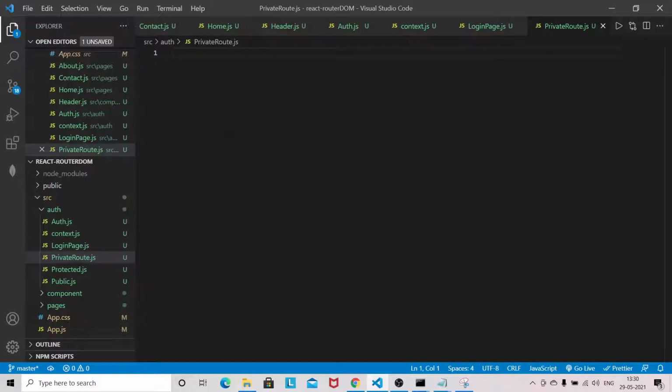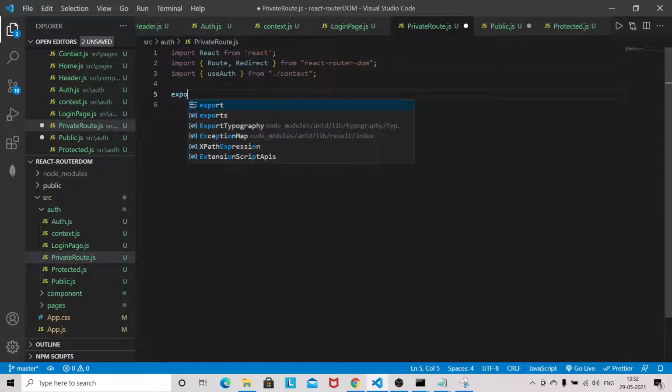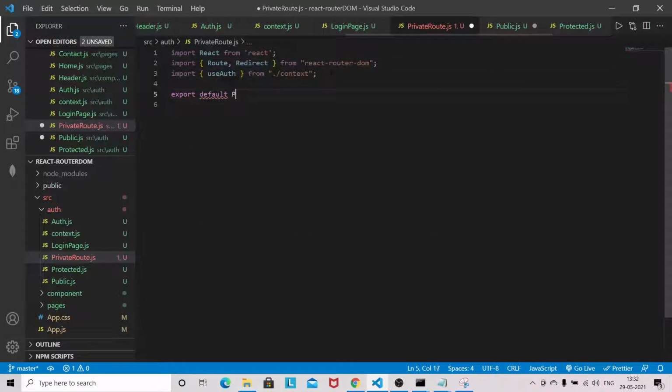I just copy the imports, and we need Route and Redirect here, and export default PrivateRoute.